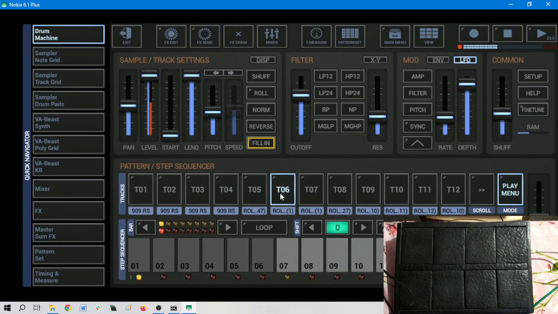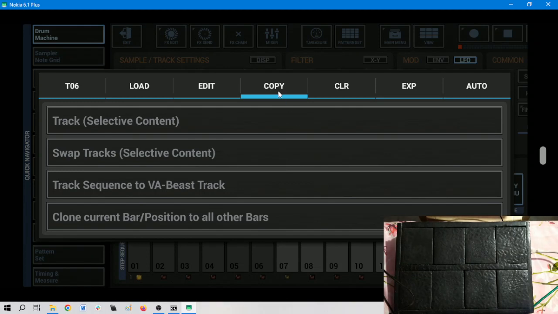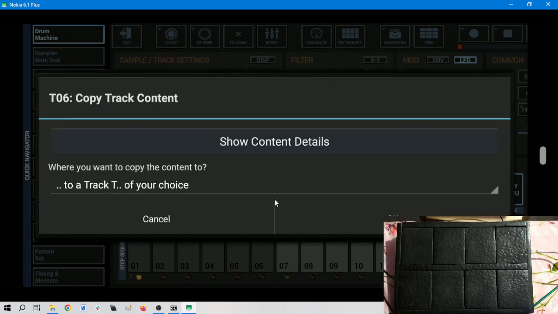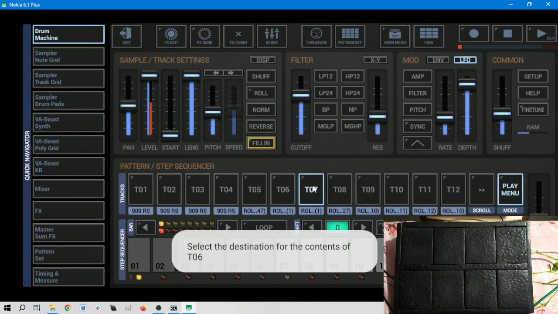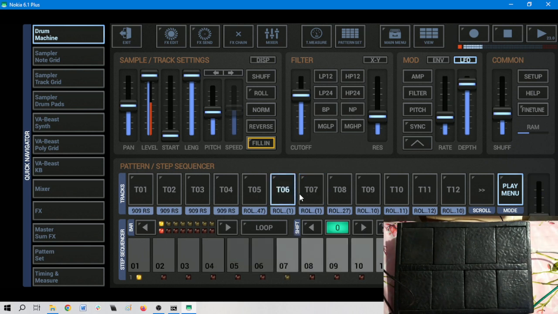Say for example, this is having snare and this is having hi-hat close. Now we can copy this snare to this track. Long press on this track, copy track, click OK, select this track. Now these two tracks are having same sample. Okay, and then long press on this